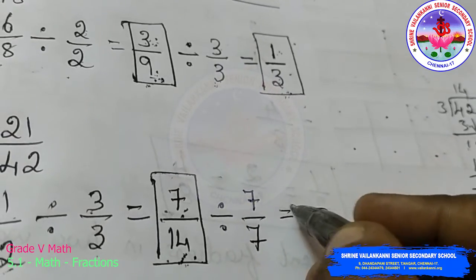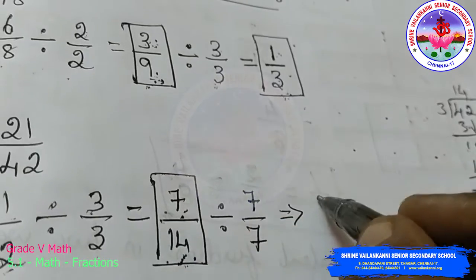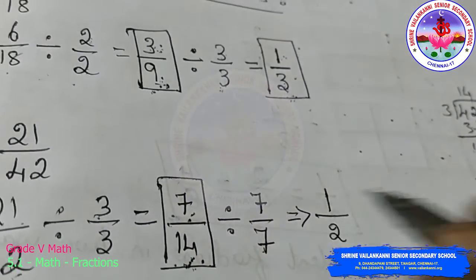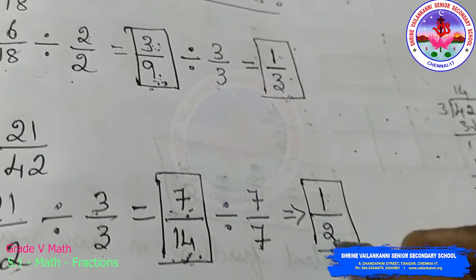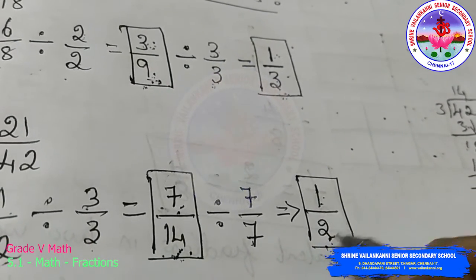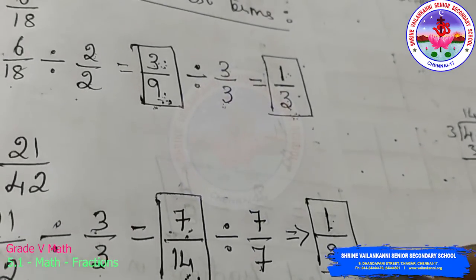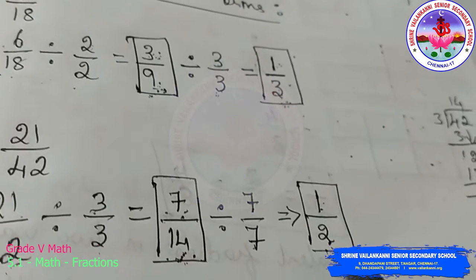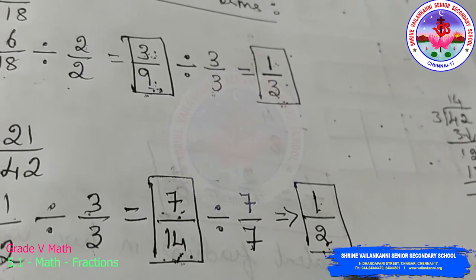So after doing division, 7 table, 7 how many times will come? 1 time. In 7 table, 14 will come 2 times. So when you reach 1 by 2, there will be a common factor 1 only. This 1 and 2 will be a common, you will get a common factor 1 only. So I am going to stop by here. So this 21 by 42 has become 1 by 2 by making into a lowest term.